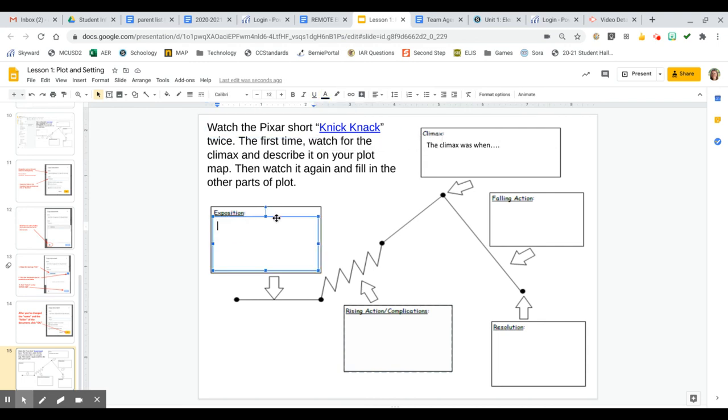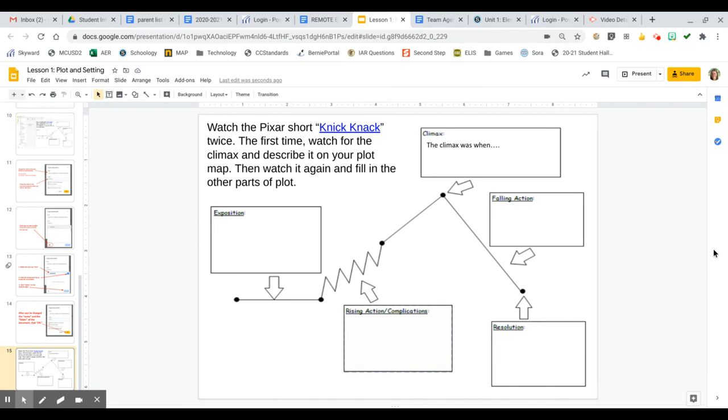Then go back and say, okay, well, the exposition was such and such, how they gave you the setting and the characters and the background information. The rising action is usually the longest part, so summarize the biggest things that were happening as that conflict was building and building and building. You'd already have the climax finished, and then type in a summary of the falling action and a summary of the resolution. We will discuss this plot map at our next class Google Meet for ELA,